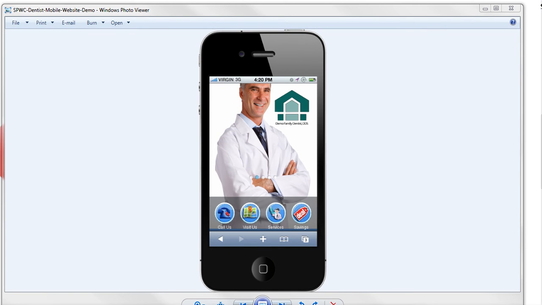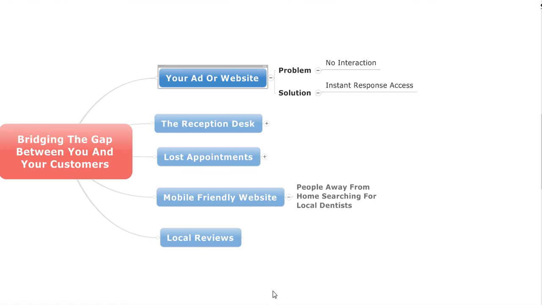Now, all this stuff really makes it easier for your customers, your clients, and your patients to reach you. And that's the sole objective, to keep in contact with and bridge the gap between you and your client, customer, and patient. Okay, so let's look at another way that we can use text messaging